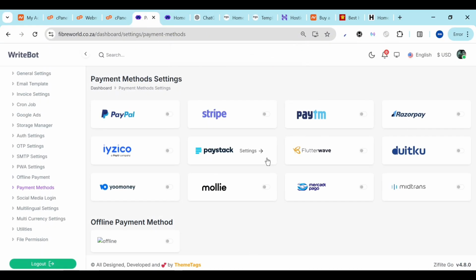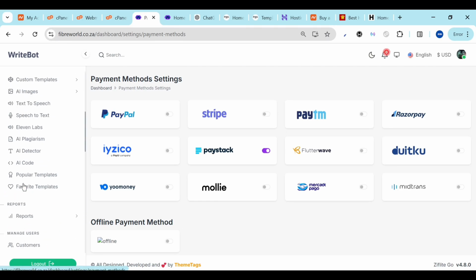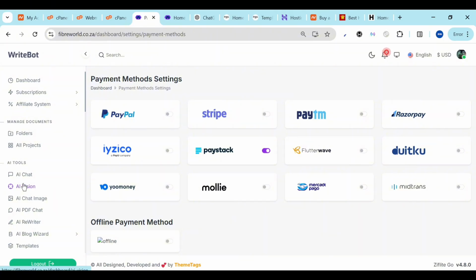Now, Paystack has been enabled and we can make payments with Paystack. You could do the same for every other payment gateway that you have, right? So now that we've set up our payments, the major next thing we want to do is to set up the API. Now, the API is the large language model that we're providing our AI system everything it needs to